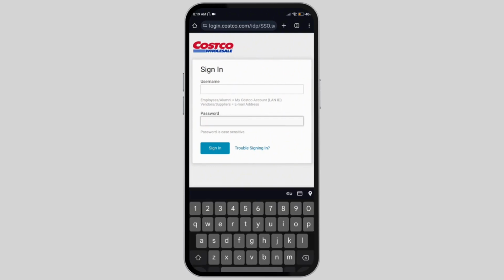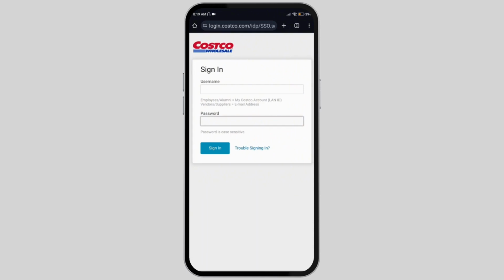Here you need to type in your username and then your password. Also, one thing to remember is that employers or alumni use Costco account LAN ID, whereas vendors and suppliers use email address. Then, if you have trouble signing in, simply tap on the option called Trouble Signing In, which will